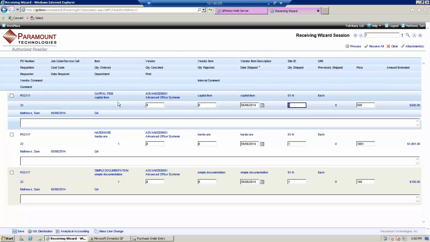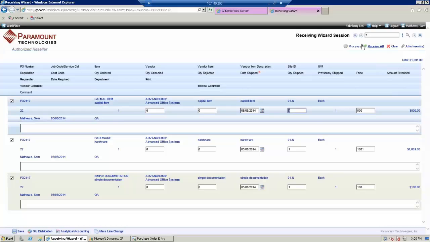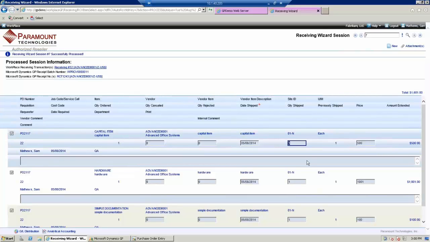So if I had ordered more than one, I could say I've part received. I've ordered 2, so I've received 1, and I'm going to receive 1 later. And you can do all the stuff that you are supposed to be able to do. So I'm going to receive this and process. Now when you do that, I could add comments,